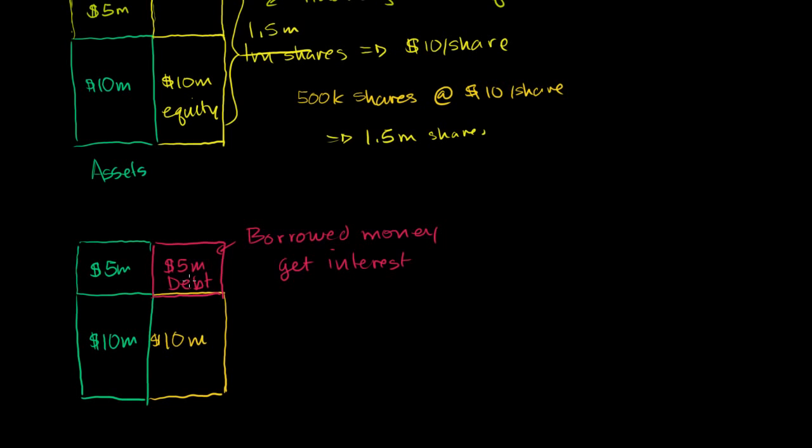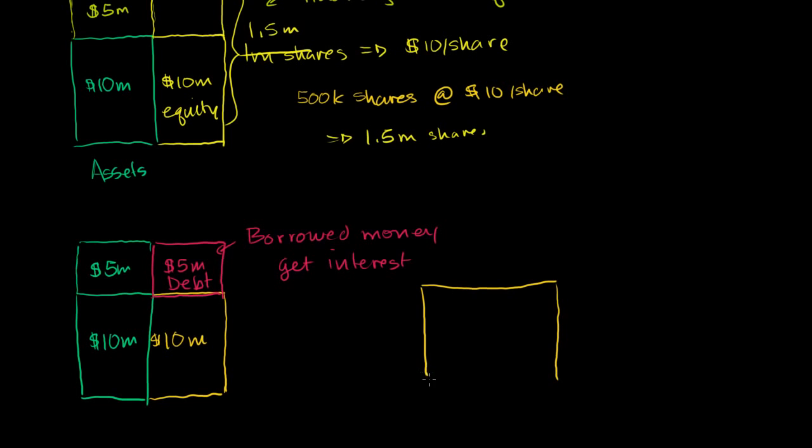Now, this is just straight up debt, and you could just get this from any bank, if they were willing to. If they said, oh, you're a good, safe company, we're willing to lend you $5 million. But let's say that no bank wants to individually take on that risk. So you say, hey, instead of borrowing $5 million from one entity, why don't I borrow it from 5,000 entities? So what I can do instead of borrowing it from one entity, I could issue these certificates. I could issue bonds. And that's the topic of this video.